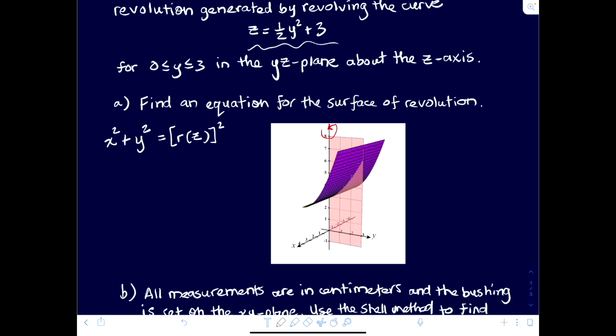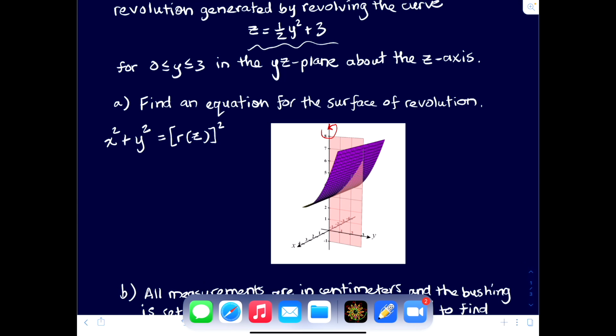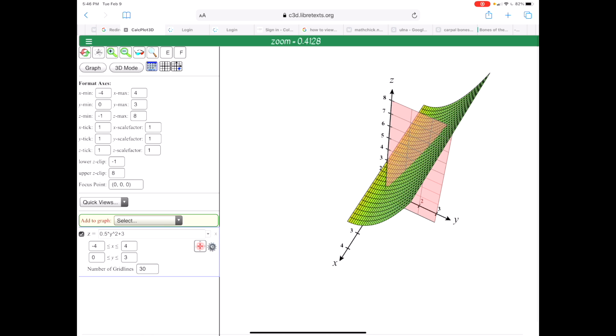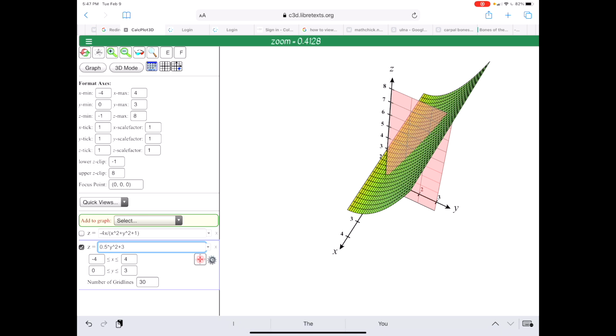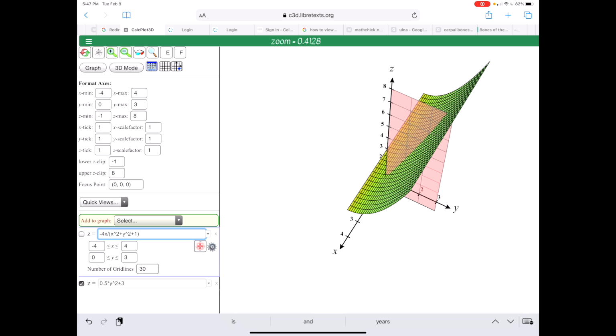So now what is r of z? Well, let's check it out. And by the way, what it would look like is this. So we can go back to our handy dandy little grapher, CalcPlot 3D, lovely, it's free. And then if you isolate z, we'll keep that one the same, and I can show you this work in a moment, you would end up having this here,